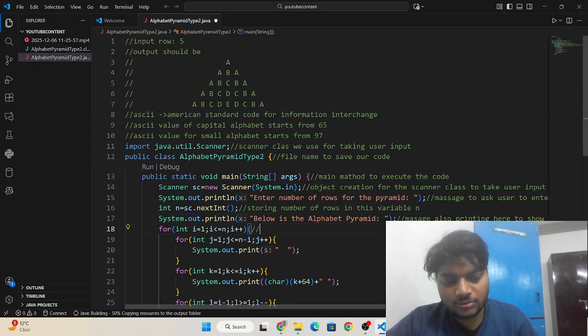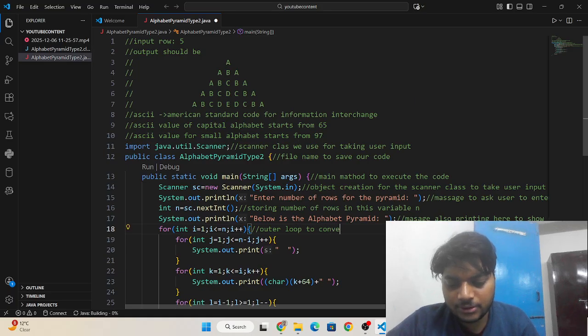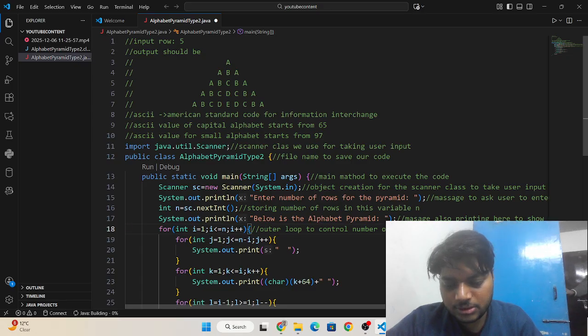This is the outer for loop to control the number of rows in the pyramid.